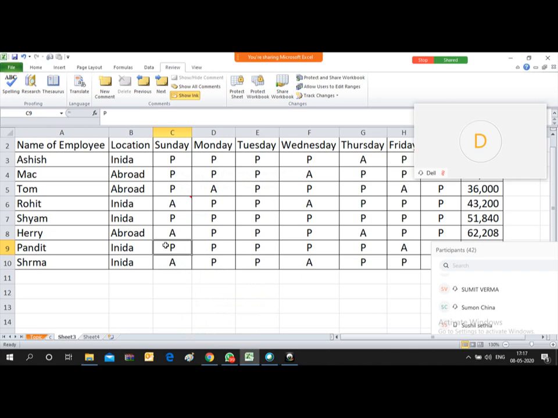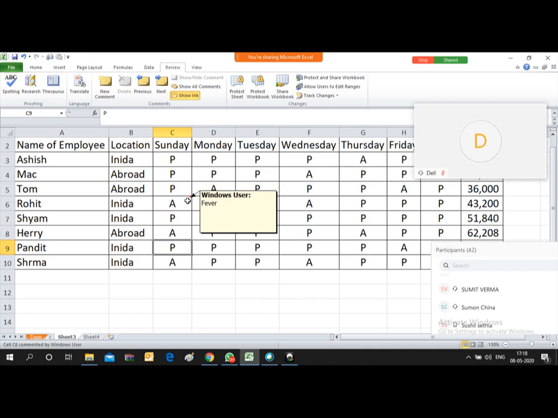If anybody brings the cursor over this red link, they will be able to understand that Rohit has fever. That is why he was absent on Sunday. Such comments you can write to explain the contents of the cell to the user of the file, so they understand why that particular thing is there.